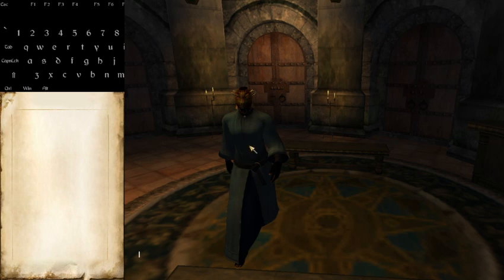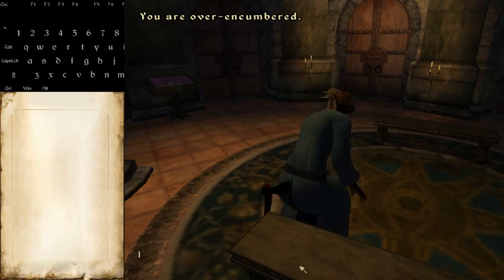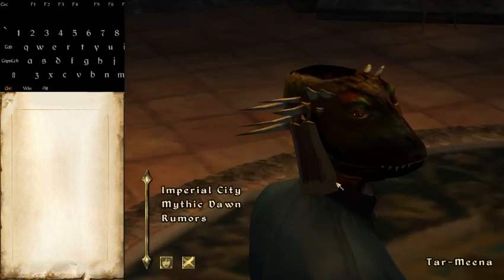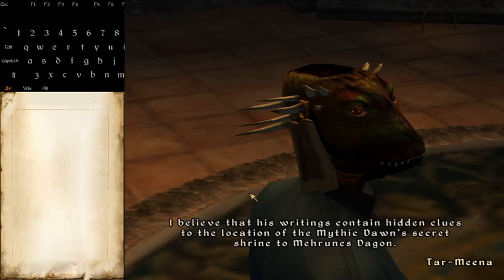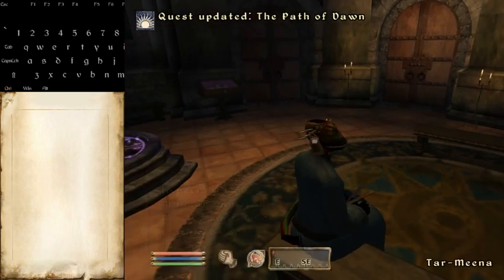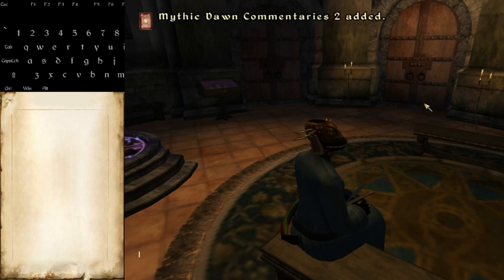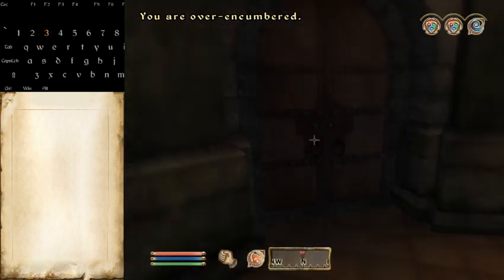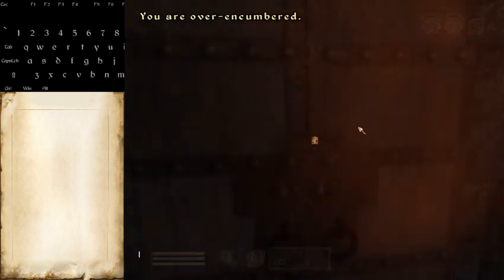So there she is, walking to the bench. You want to talk to her before she gets to the bench, and wow, it's right on the edge. But hopefully before she gets to the bench, so you can talk to her immediately, because while she's doing the sitting down animation, you can't talk to her. So you just talk to her about Mythic Dawn, turn around, drink a little bit of skooma,